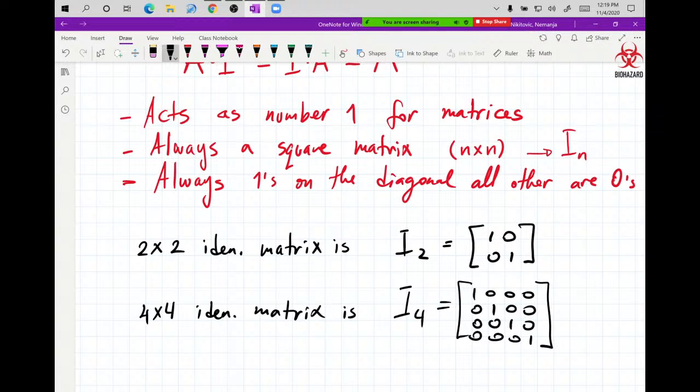I hope you see the diagonal pattern of this matrix, and the transpose of it is